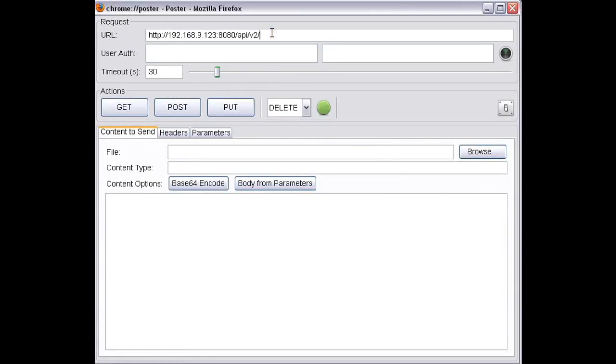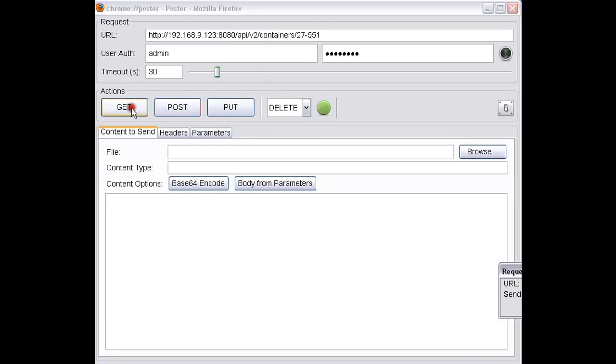I've got the link to my API here. I need to supplement it by typing in containers and then putting the LIMS ID of the container that I'm interested in. Let's put in my authentication credentials